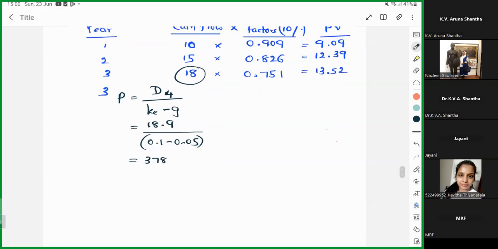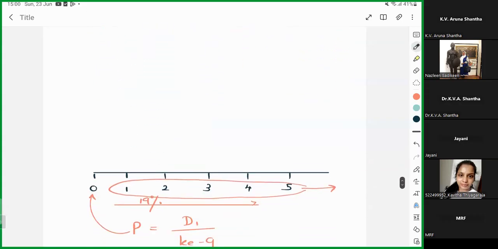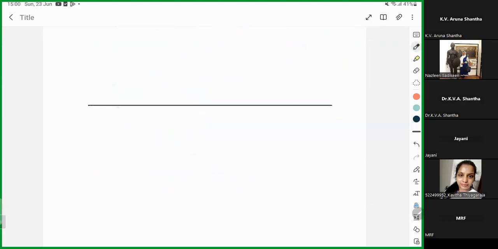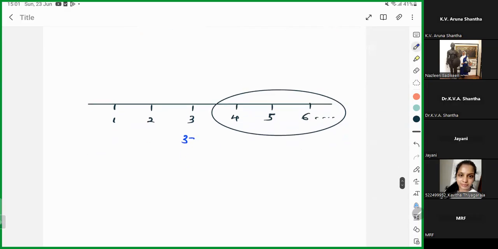Have we got 378? Yes. Right. So these are the values of dividend from fourth year onwards. Now you see here very carefully, we apply the growth model for the dividend from fourth year onwards. So the discounted value of dividend from the fourth year onwards is 378. So that is the discounted value of the dividend from fourth year onwards,